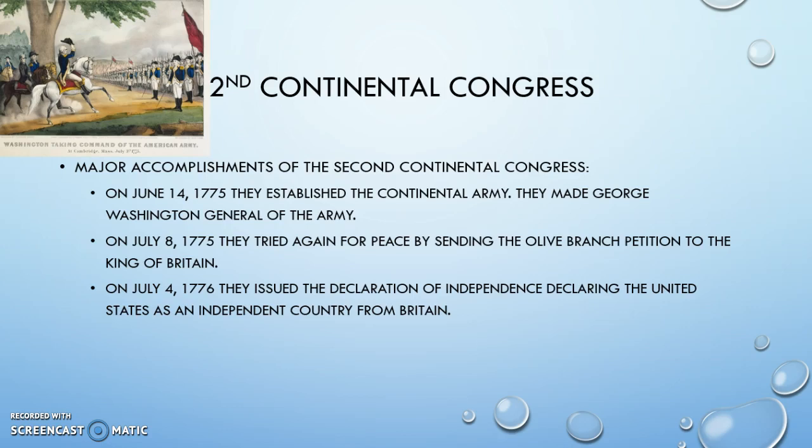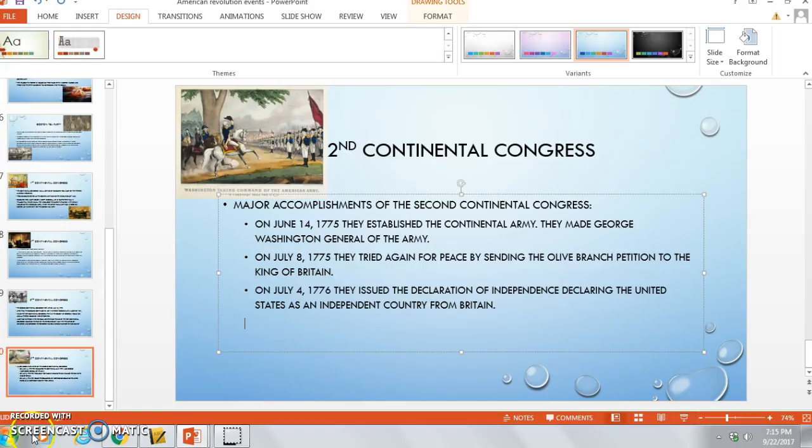And I will not stop. I will not stop. I'm the king. And he did not stop, so they continued to fight. On July 4th, 1776, the Second Continental Congress issued the Declaration of Independence, declaring the United States as an independent country from Britain. Woo! Freedom! Yes! They approved it, and they are now free from England. And those are the events